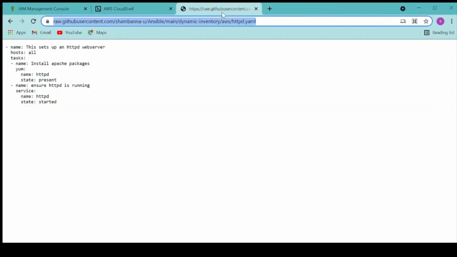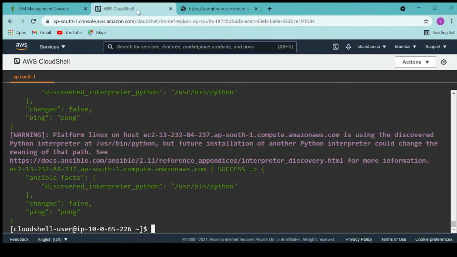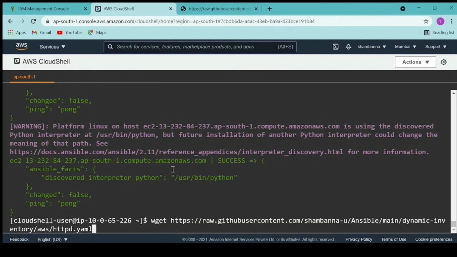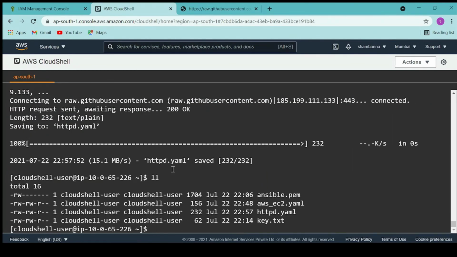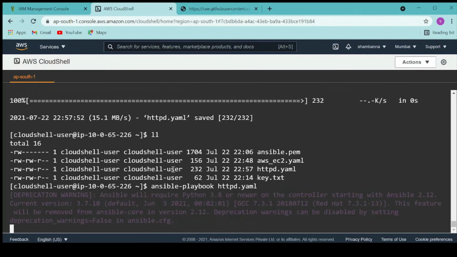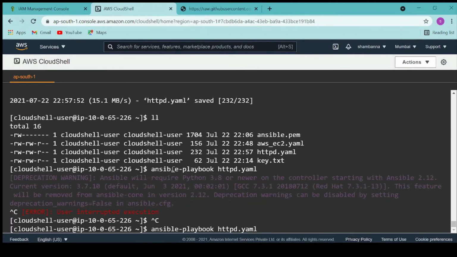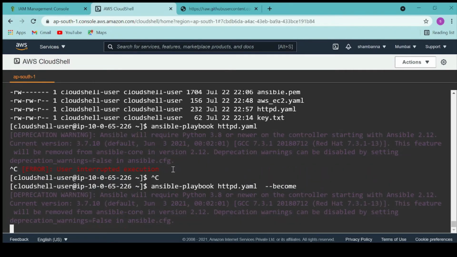I'll copy the playbook which I have in the same directory in the Git repo. I'll just duplicate it. So I got that file. Now let's run ansible-playbook. And wait, it should be a root user, so I will specify become.